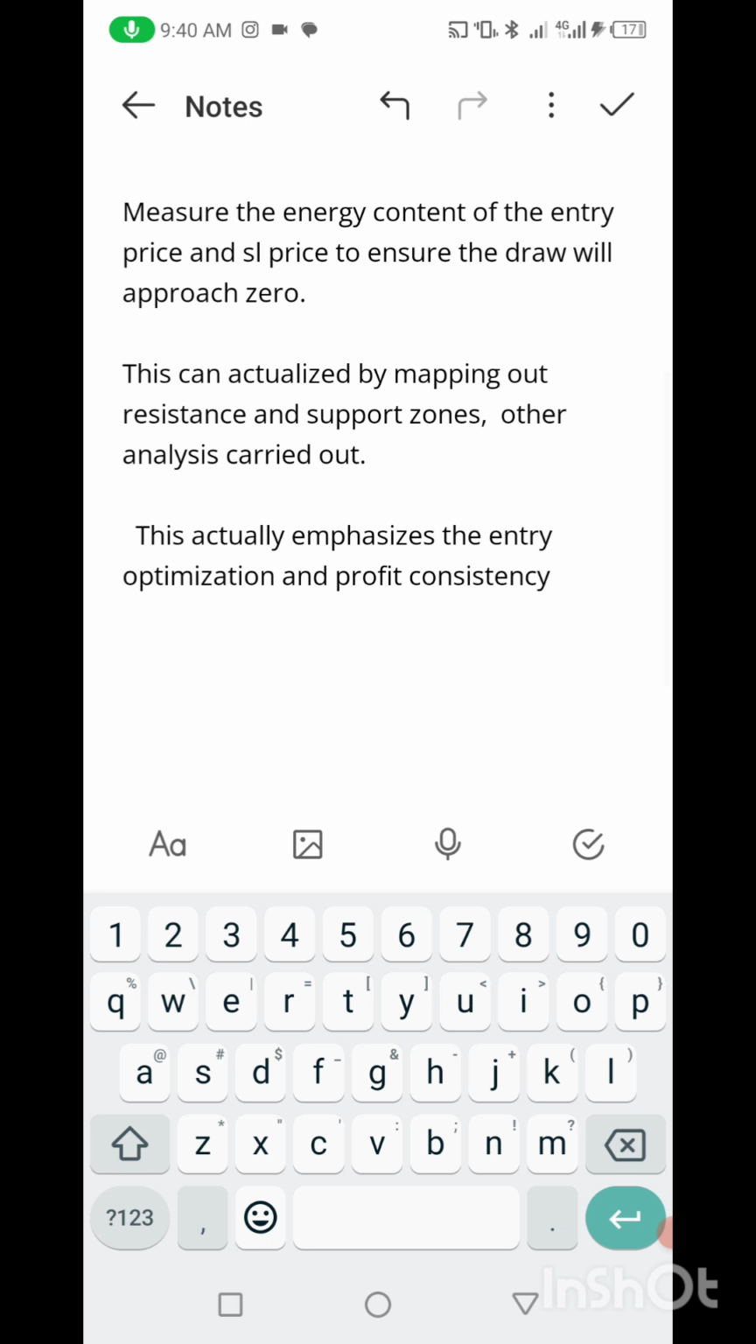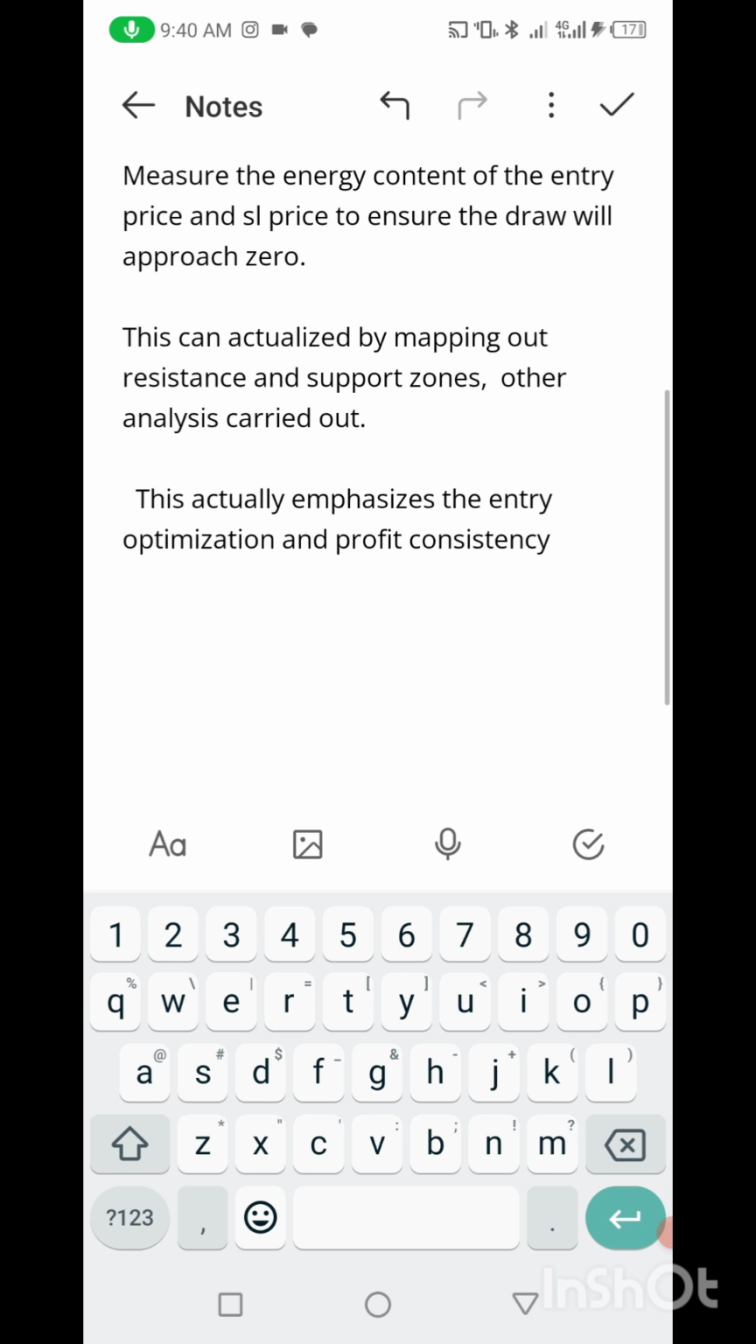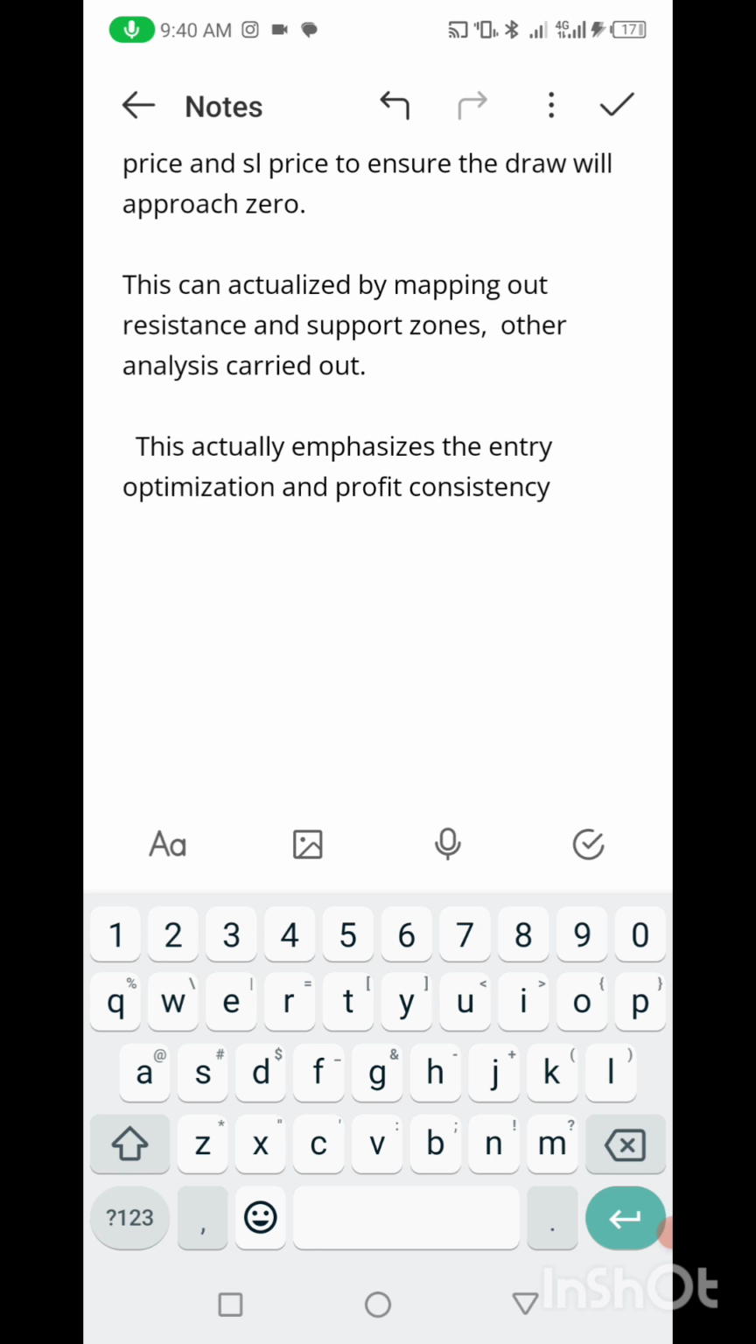Measure the energy content of the entry price and SL price to ensure that drawdown will approach zero. This can be actualized by mapping out resistance and support zones. Other analysis is carried out. This actually emphasizes entry optimization and profit consistency. So, what I'm trying to say in essence is